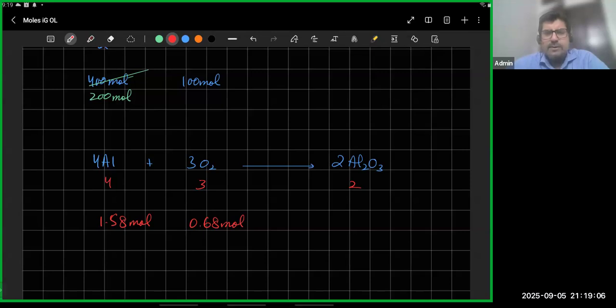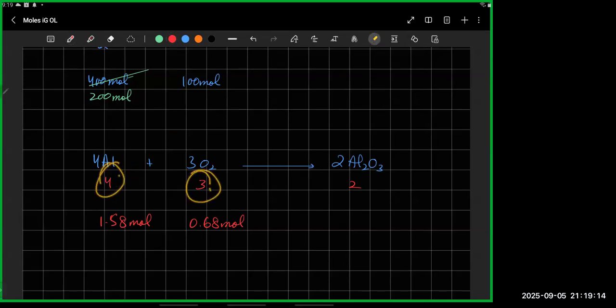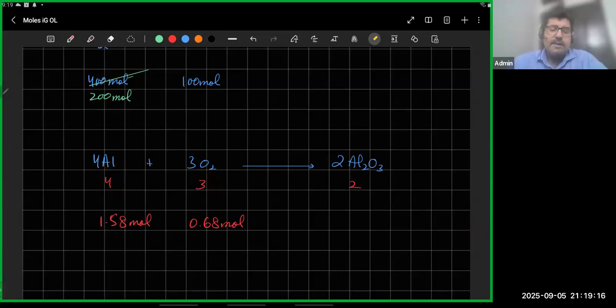Take a guess, which one do you think is in excess? I mean, the ratio is 4:3. Aluminum is in excess, sir. Okay, fine. But you need to have some sort of shortcut to figure out which one is